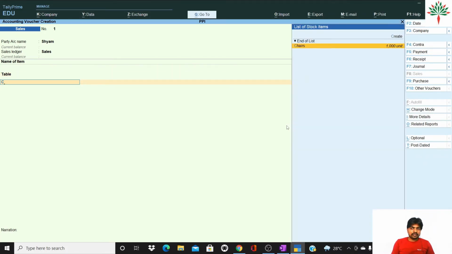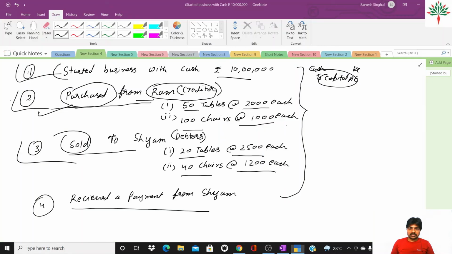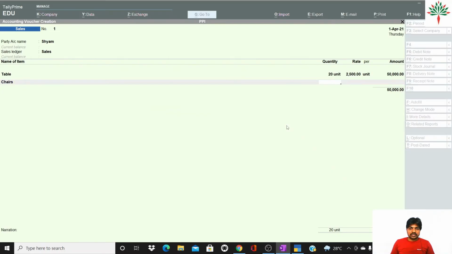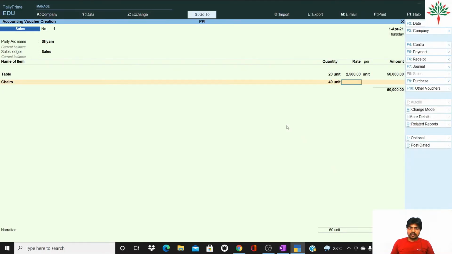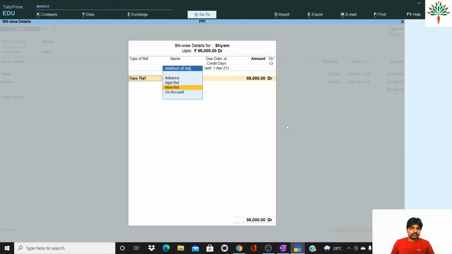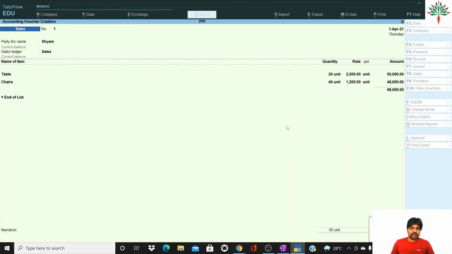And similarly chairs we will select. How many chairs are we selling? 40 chairs at 1200 each. Okay. Against a new reference, we can give a new reference here, 112. Okay. Accept.